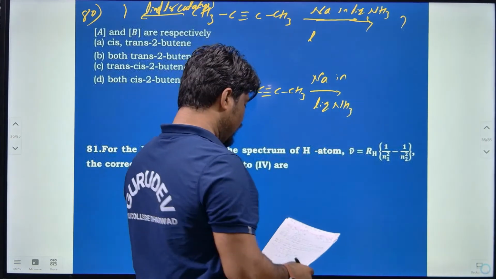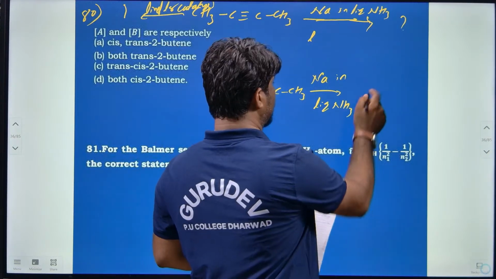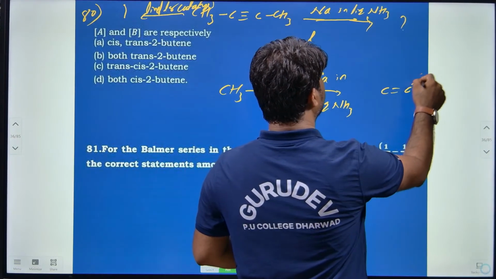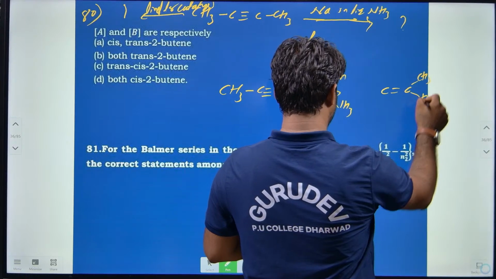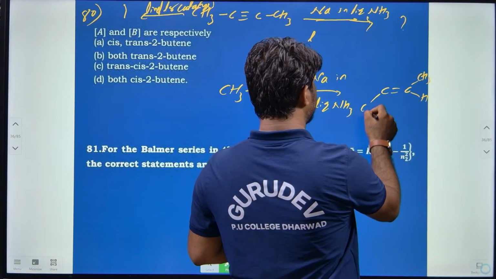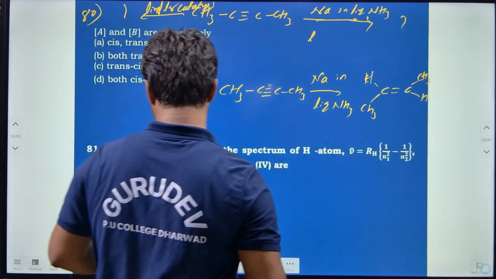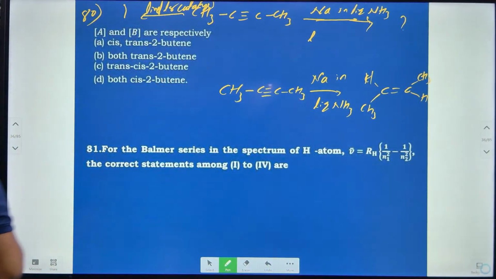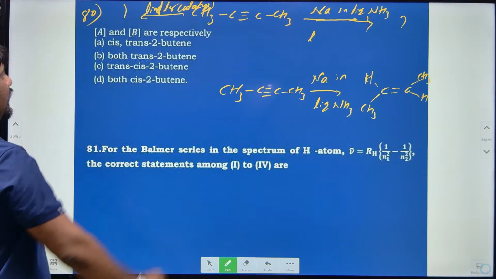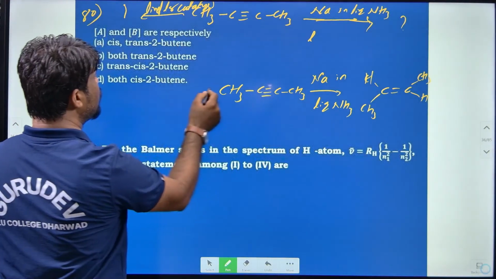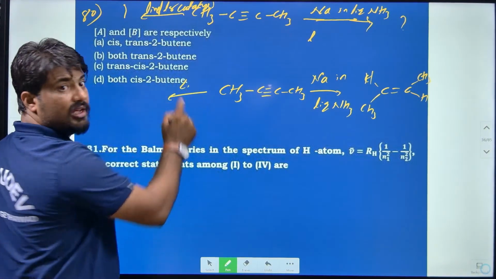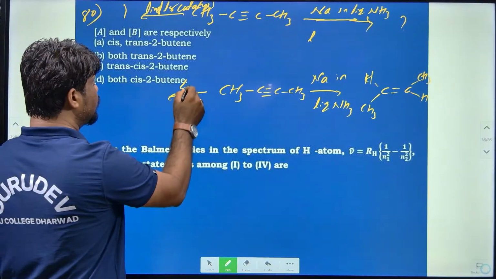Actually, we are going to get the trans product. Trans product is nothing but the same groups which are present at the opposite side here. Next, when this same molecule is treated with a Lindlar catalyst, then it will give the